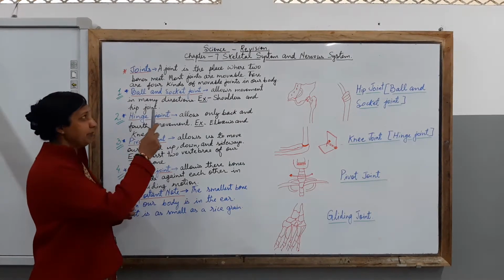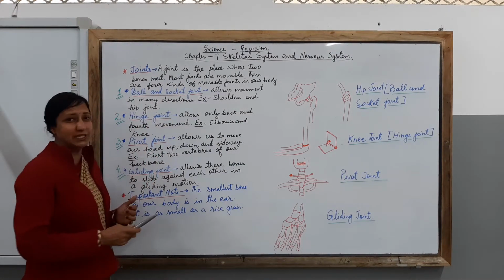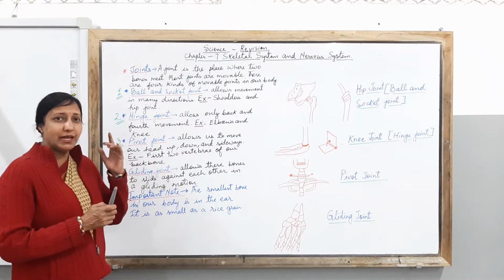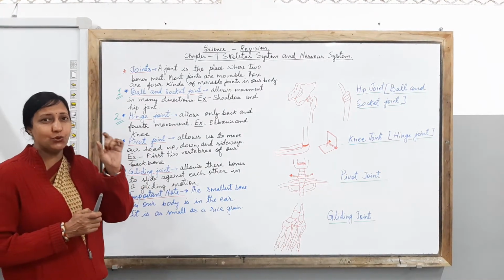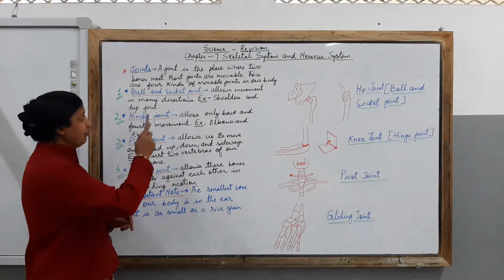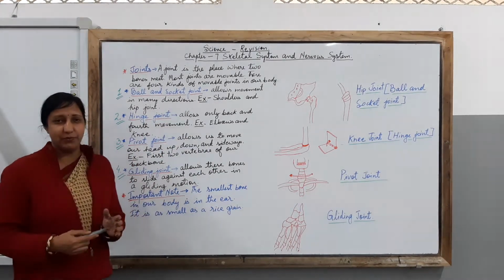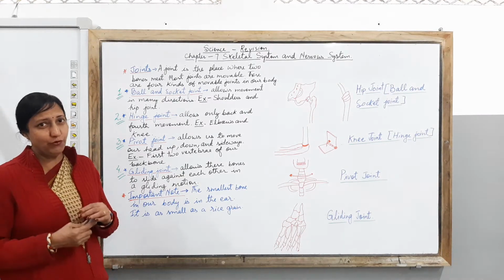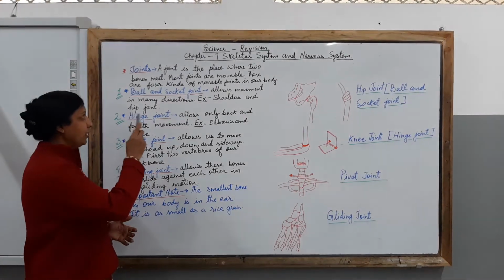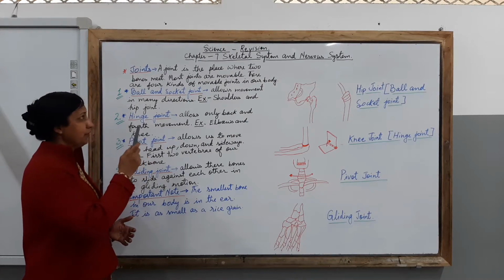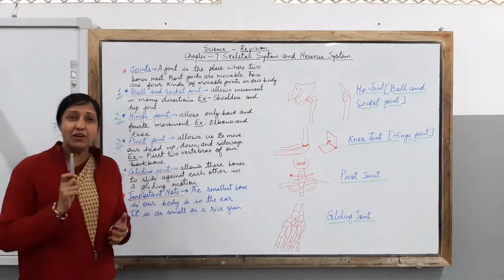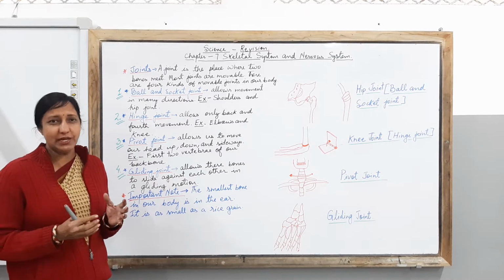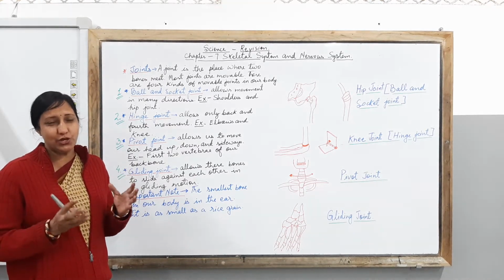A joint is the place where two bones meet, where two bones are meeting each other, and that certain area is known as a joint. And most joints are movable, children. In the human body, most of the joints are movable. And there are 4 kinds of movable joints which are present in a human body. So in today's class, children, we are going to understand what the 4 kinds of joints are.